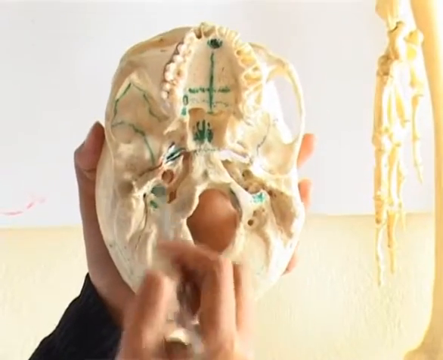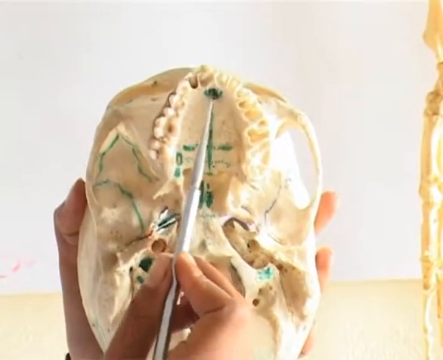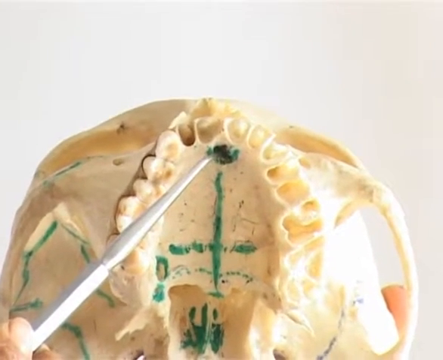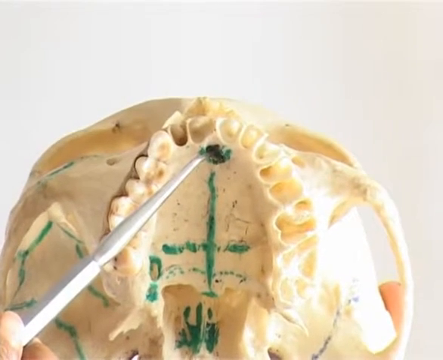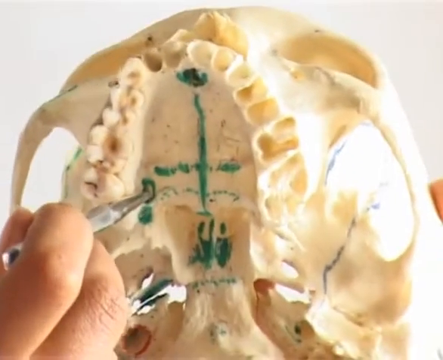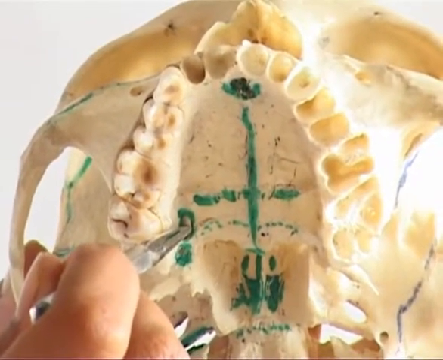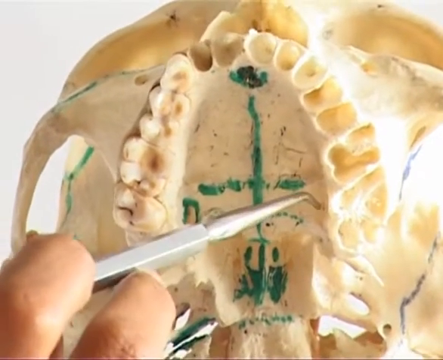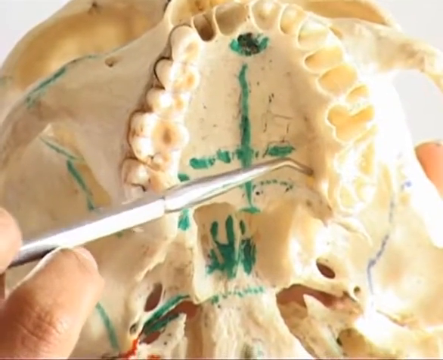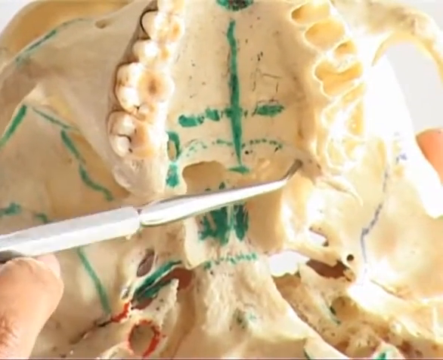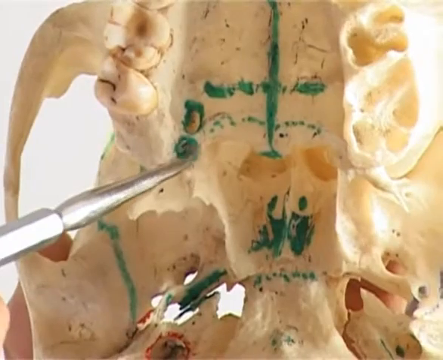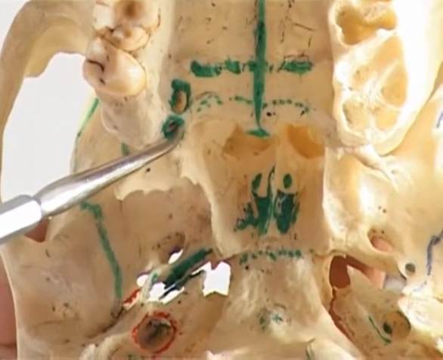Foramina on the base of the skull. In the anterior-most part is the incisive fossa, which gives passage to greater palatine vessels and the terminal part of the nasopalatine nerve. On the posterolateral corner of the hard palate is the greater palatine foramen, which gives passage to the greater palatine artery and anterior palatine nerve. Posterior to this are 2 to 3 lesser palatine foramina, giving passage to lesser palatine vessels and the posterior palatine nerve.